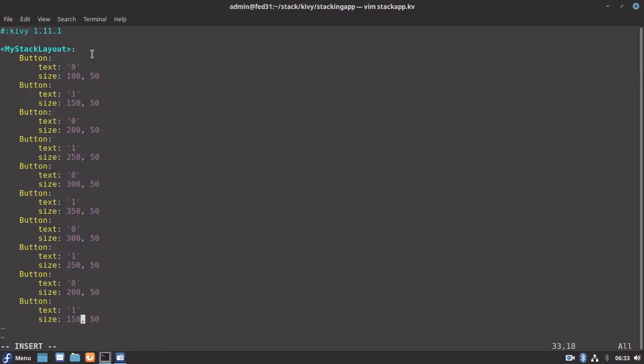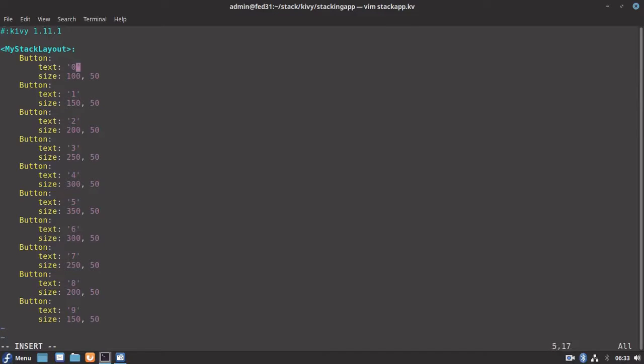Right now I have not given any orientation. So let's see what type of orientation it takes by default. For that purpose, let's name the buttons 0, 1, 2, 3, 4, 5, 6, 7, 8, 9.